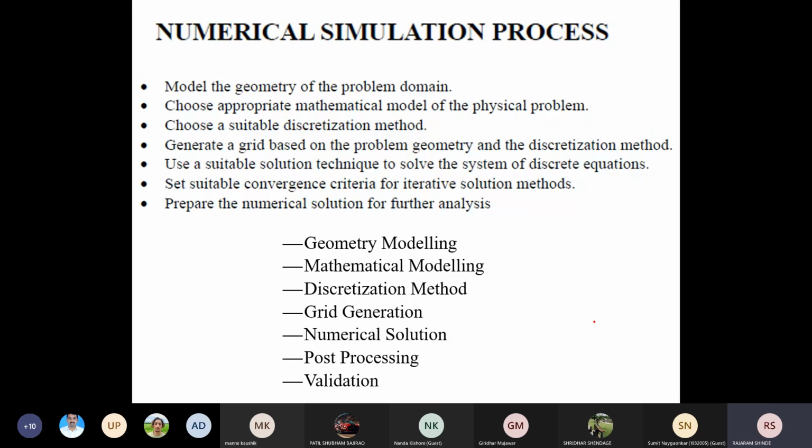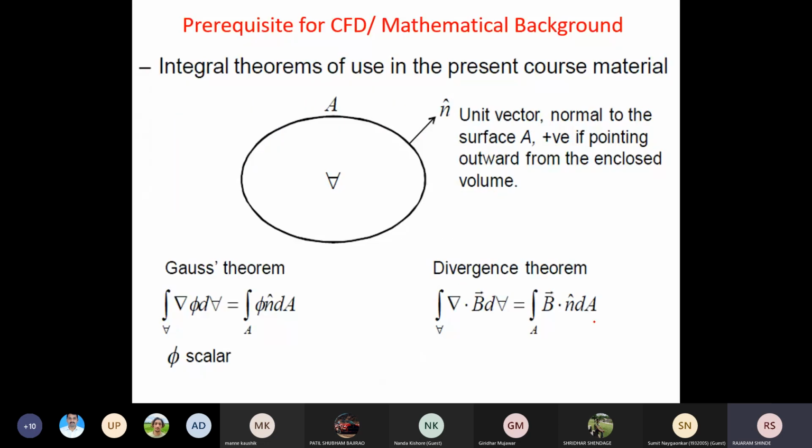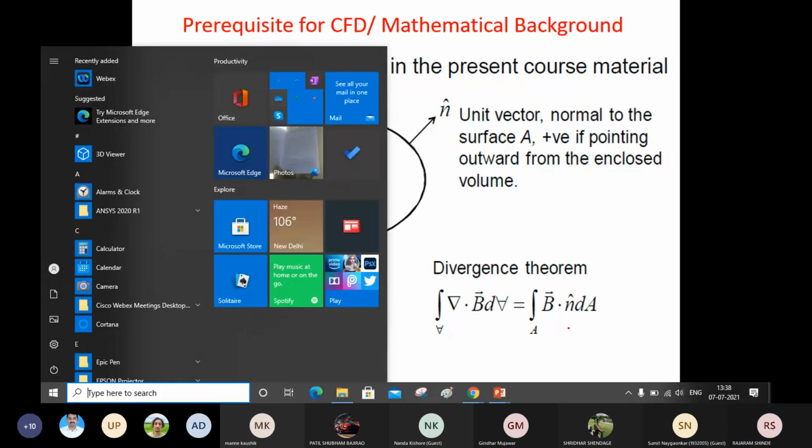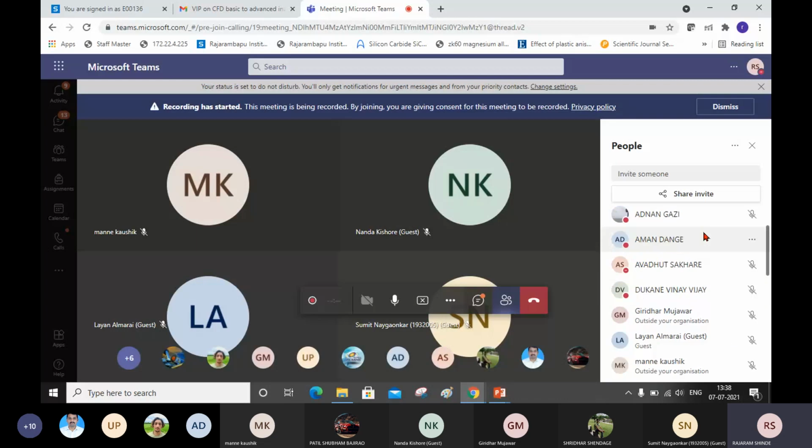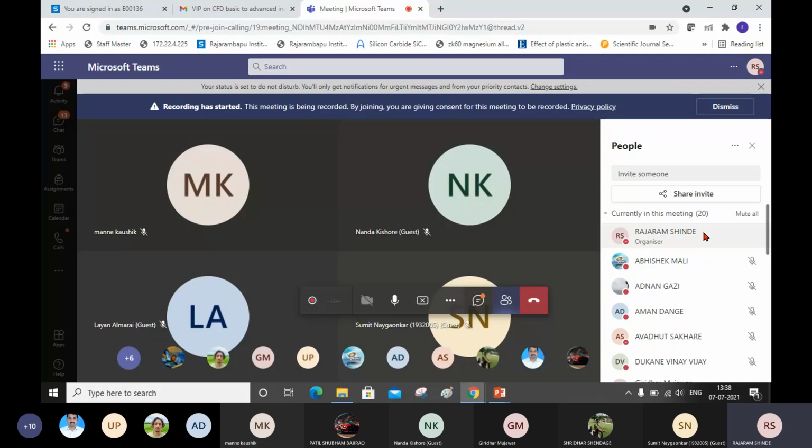Now these are the mathematical background which we need for deriving fluid dynamics equations. Proofs of these mathematical theorems I have not covered. The assumption is that you have studied this mathematics in your undergraduate and postgraduate courses, so I have just taken a revision. If you want, you can refer to any mathematics book and see the proofs of these theorems or equations. Okay.